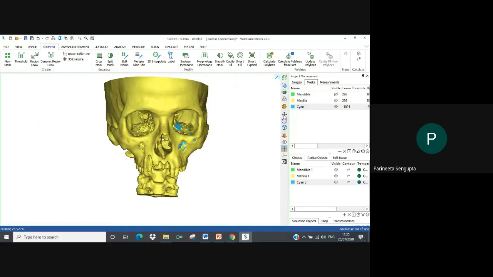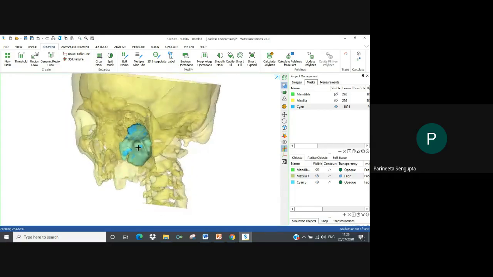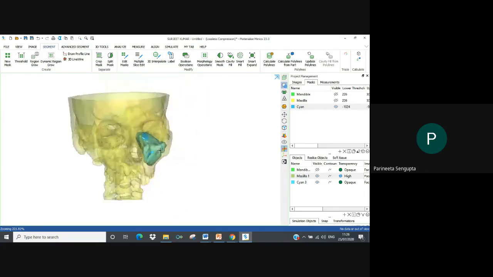In the 3D toolbar, you will have something called transparency. So if you switch this on from here and then click on the transparency options at the lower window. Right now it says it's opaque. What I'm going to do is make the maxilla model transparent so we can see through it. I hope the difference is visible. So you can see the maxillary sinus through the bone. This is something that helps you with better visualization of the component.